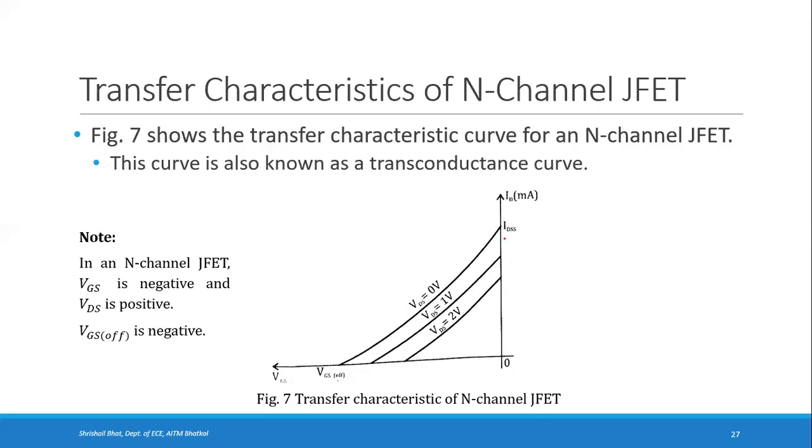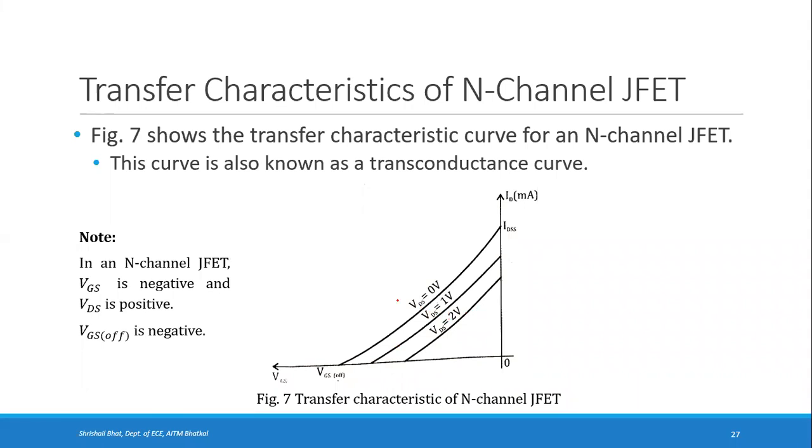Then IDSS, this is the same IDSS, the drain to source current when the gate is shorted. That is when you consider VDS is 0. If you consider VDS 0, the current will have the peak value at IDSS, then it will slowly start reducing, and finally it will become 0. If you take another value of VDS, say 1 volt, it will start at a certain point where it was constant, then it will slowly reduce and become 0. So this way, you will have different curves for different values of VDS.